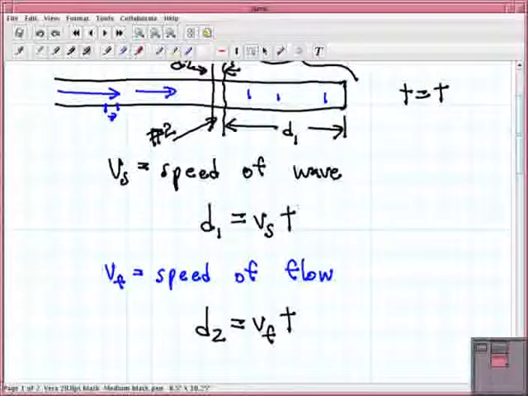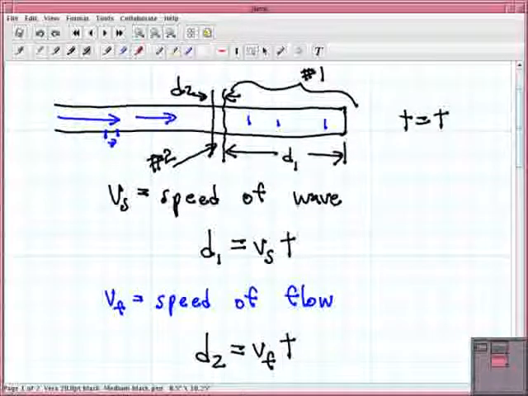So, in the time t that it's taken the wave to move d1, d2 is the distance that the water has moved in that time, and in particular, from this point is the water that is now coincident with the